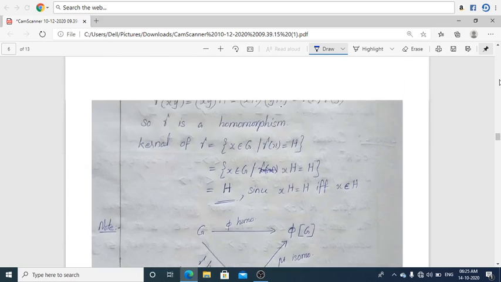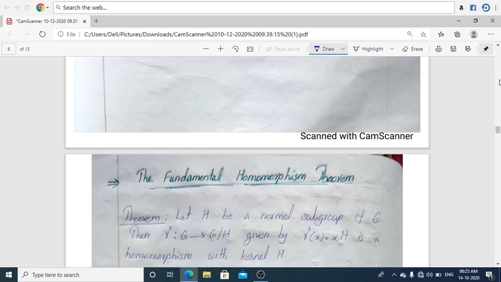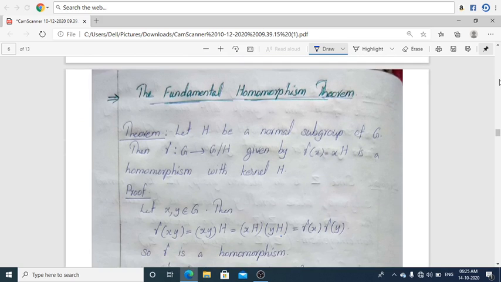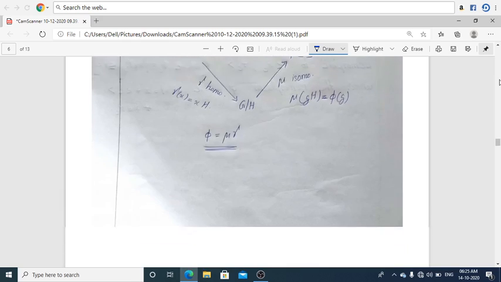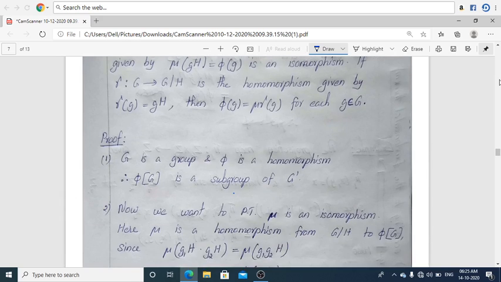The first theorem we discussed: let H be a normal subgroup of G, then gamma from G to G over H given by gamma of X is equal to XH is a homomorphism with the kernel H. ഒരു homomorphism ആണ് നമ്മൾ ഡിസ്കസ് ചെയ്തിട്ടുണ്ട്. ഈ theorem പറയുന്നത്